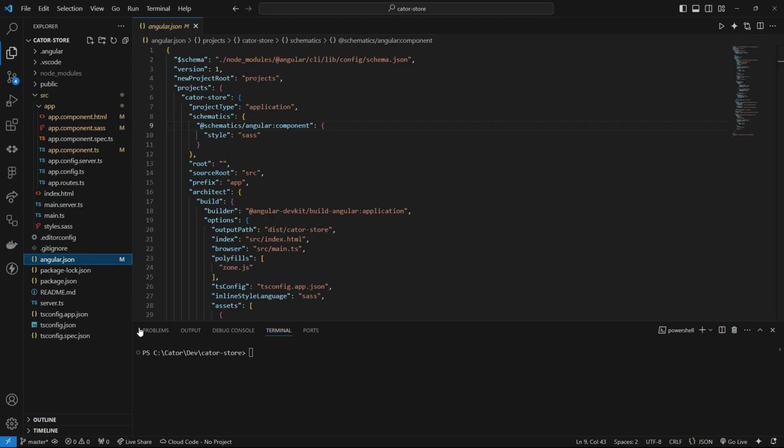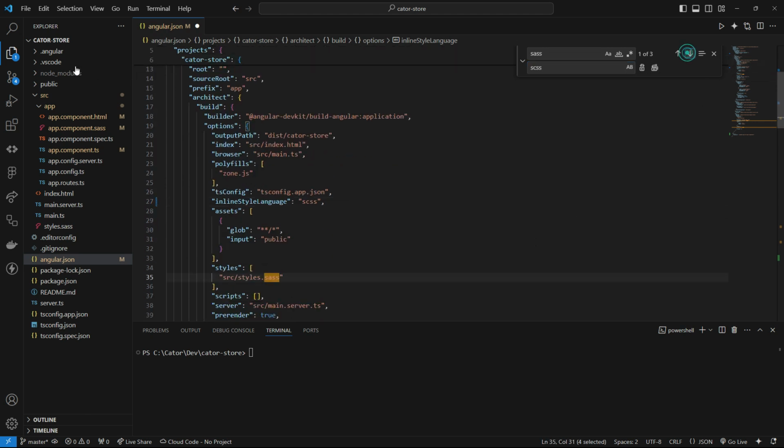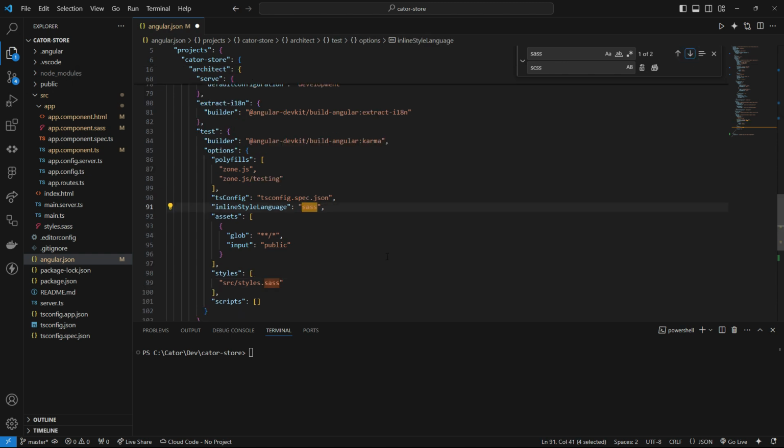So I would like to just change this by going to the angular.json file and then type SCSS instead of Sass. So I'm just going to try to search for it in here. Inline style language. I think I'll just try to change it anywhere where it says Sass, and then I'll just change it to SCSS. I'll go down here as well. Here as well. So just to ensure that there's nowhere else